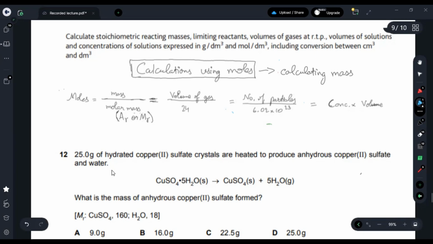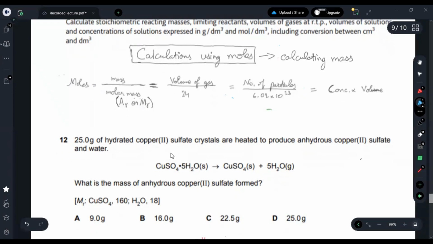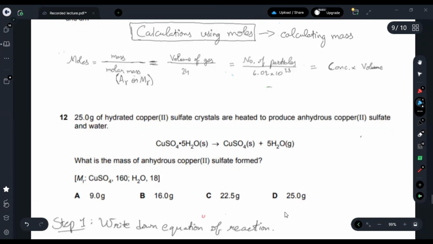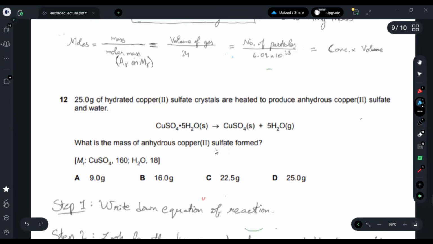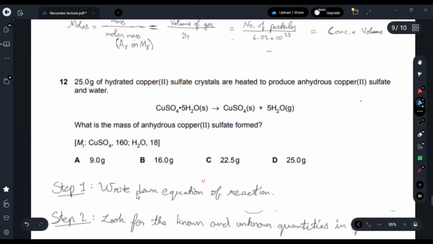So this is the past paper question. You can stop the video for a minute and read it. So in this, again, there is some known quantity and there is something which is required. So we are going to follow these steps and find out our answer. So step number one says write down the equation of the reaction, which is already given in the question. So moving on to step two,